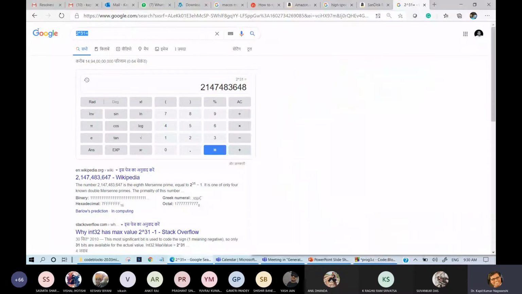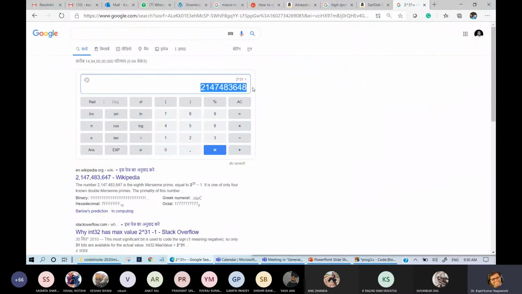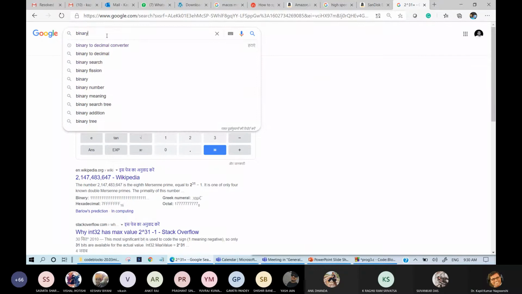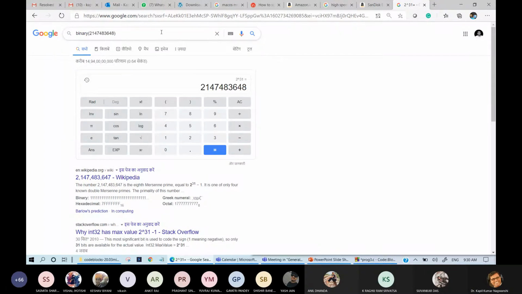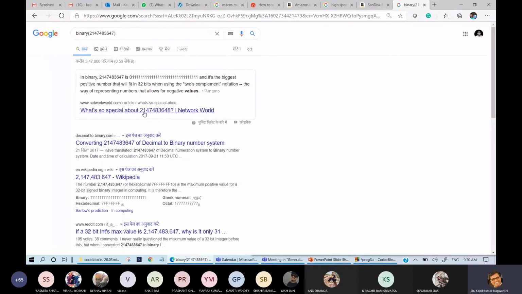Let me show you other things. This number we took in binary. See, the binary of this number is 0 and followed by so many ones. Okay, after that there is one more 0 coming. If you are counting, this number, actually all the zeros are there. Let me write one number lesser, then it will be all ones. Okay, so what is special about this?